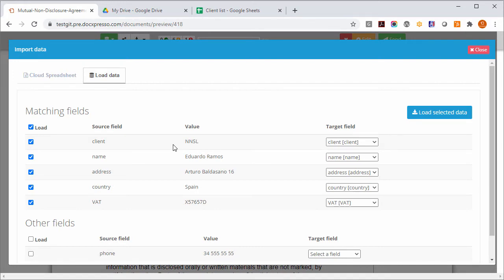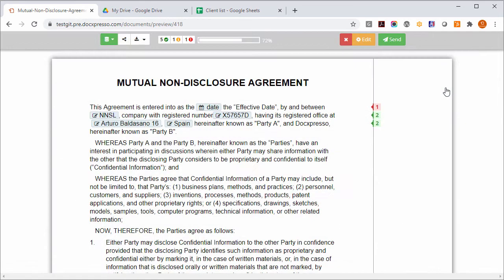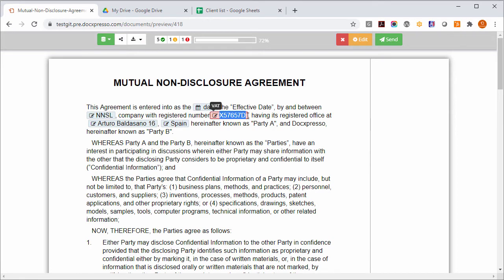the Docxpresso template and automatically invites you to replace that data by the spreadsheet data, and the non-coincident fields are also offered, but you have by hand to select them and tell to which field they are going to be mapped. If I now hit the button load selected data, as you can see, the data is loaded into the